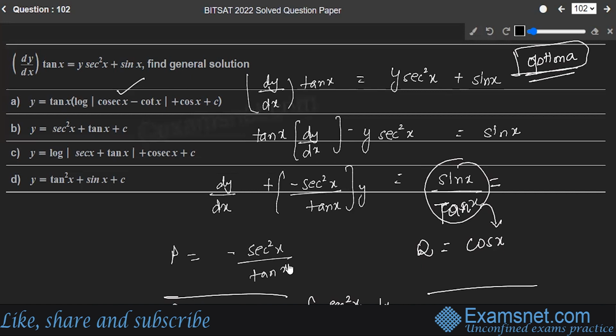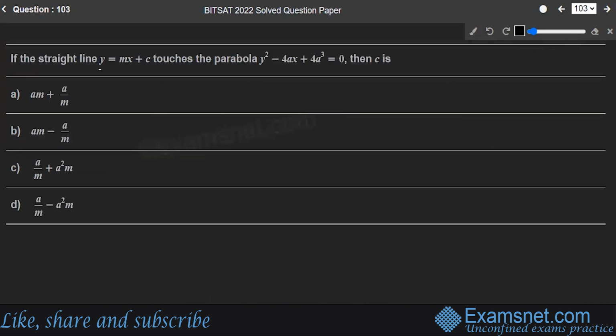Hope you understood this. Next is question number 103. If a straight line y is equal to mx plus c touches this parabola, okay, then what is the value of c? So see, when this straight line is touching the parabola, then you will have one xy coordinate which satisfies both of these equations. So that means let's fill this y over here. So this will be equal to mx plus c whole square is equal to 4ax minus 4a cube,